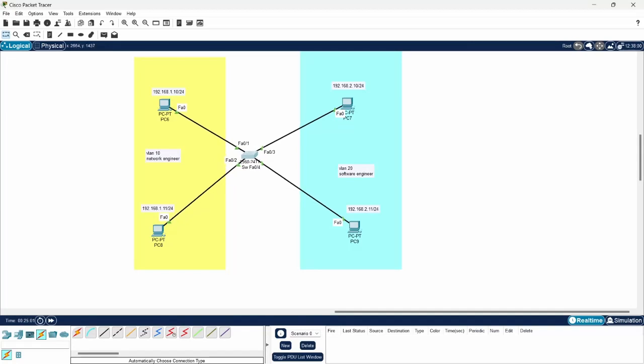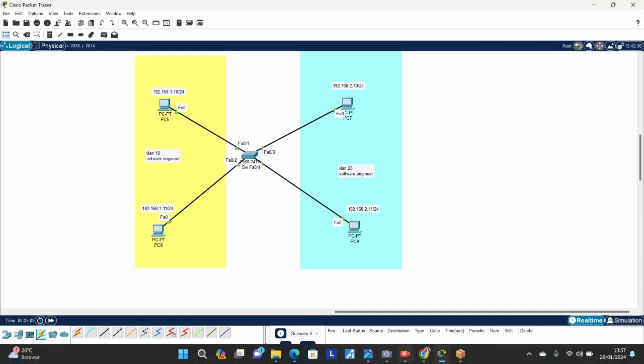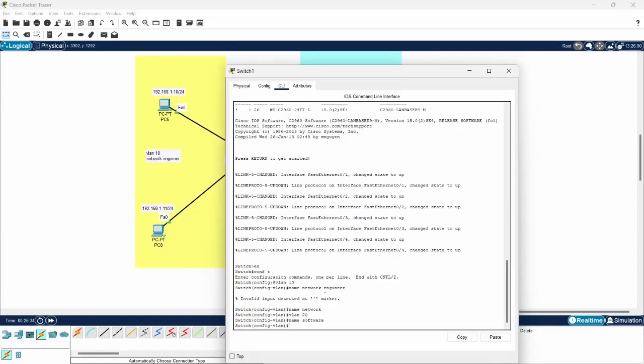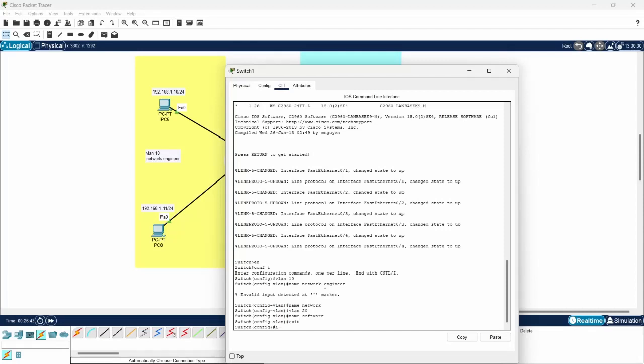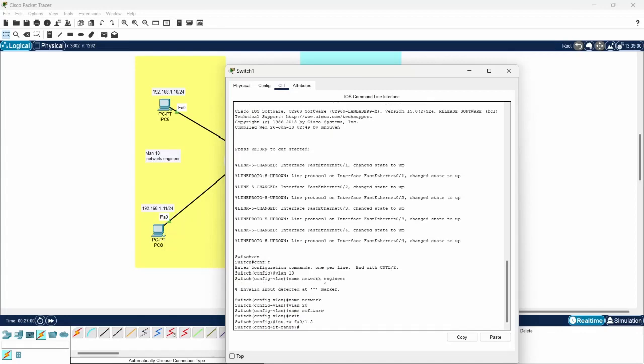So you can talk to each other from the switch, not from the router. For the next step, you can exit from the VLAN configuration, and then you can enter the interface configuration. You can type enter, space, like this to make it quick, 1 until 2. So you have to type the range of the VLAN like this, and then you can type switch